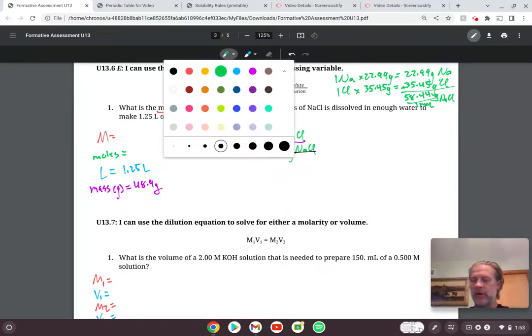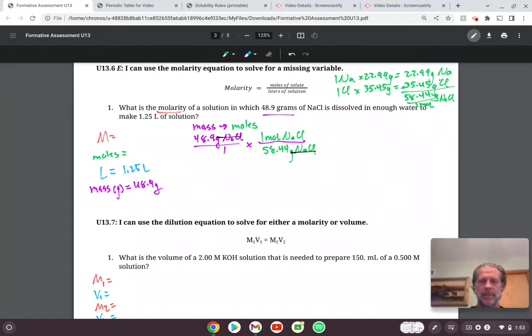So the number of moles here is going to be, let's see, 48.9 divided by 58.44. And I get something like 0.836755. Okay, so that's moles